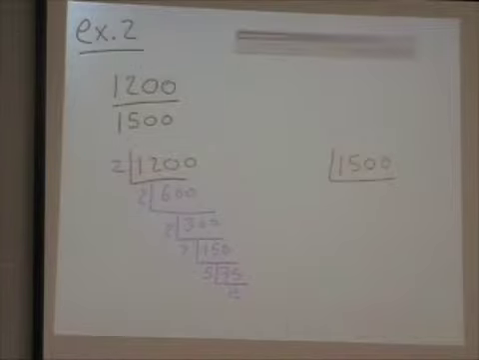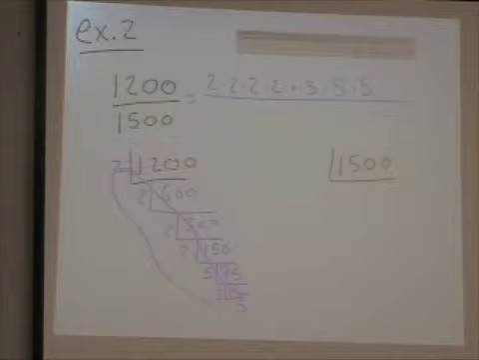Now, what will go into 15? 3 times what? 5. So you can write your prime factorization up here. For 1,200 it is 2 times 2 times 2 times 2 times 3 times 5 times 5. Okay, I just got it right off of here. All my prime numbers. Now I'm going to divide into